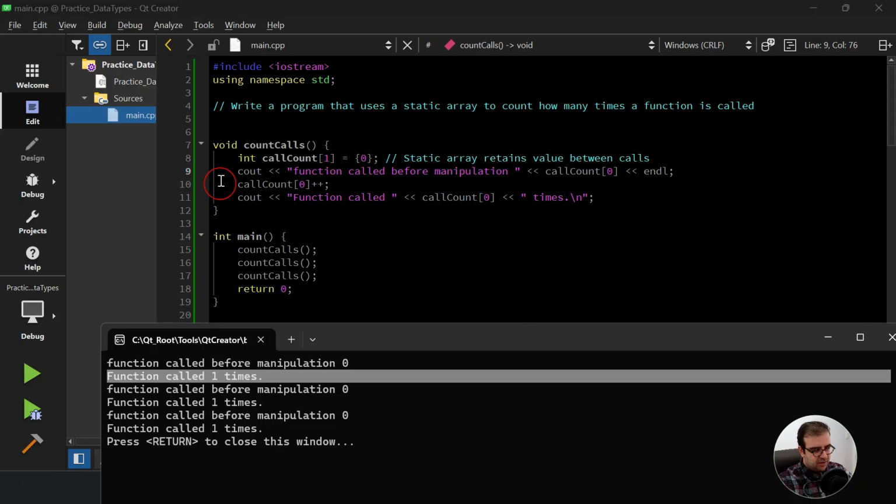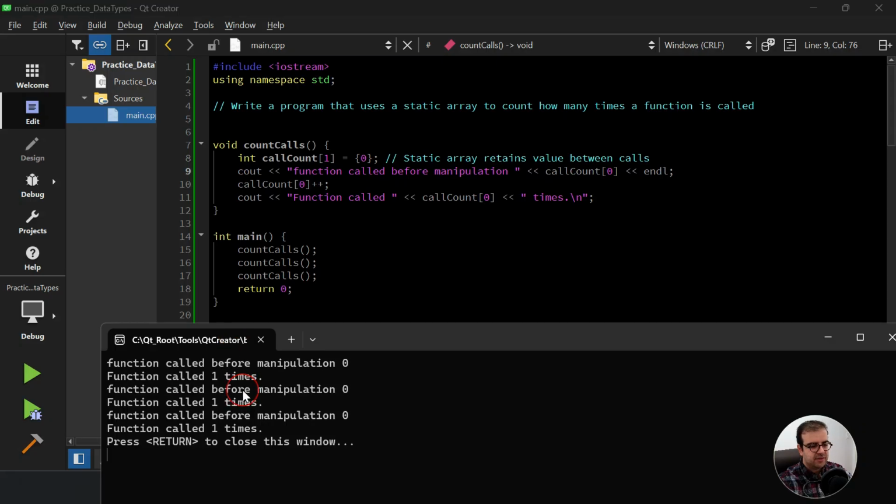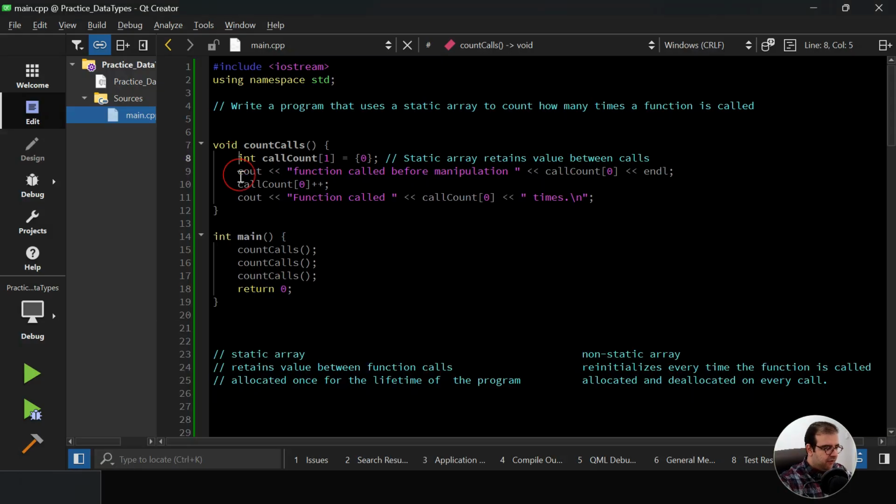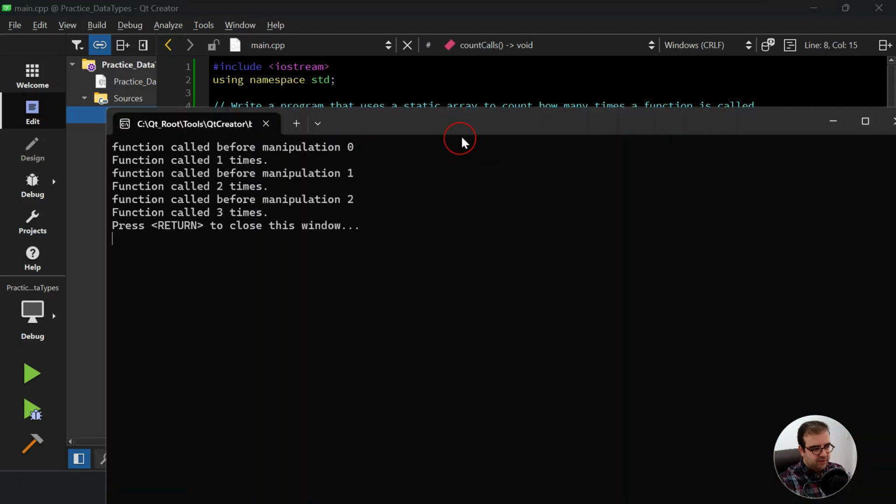When we finish execution of this function and we come back here, we go to the next line, we are going to call the function again. Everything is going to start from 0 again. So every time that we call the function, everything starts from 0. We are reinitializing the array, we are declaring it, we are printing its first element, then we are increasing the first element. However, if we use a static keyword here before the type of the array, when we run,